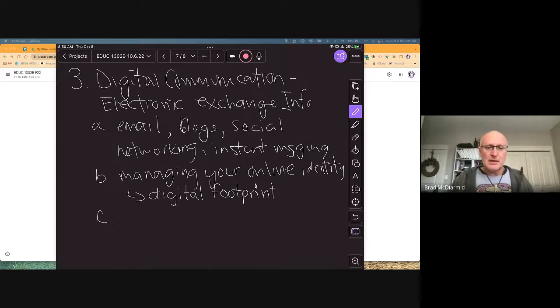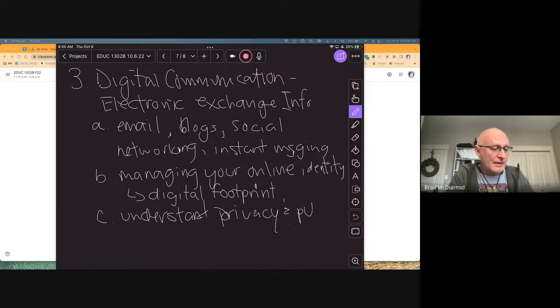Where am I? See, okay. So under this whole digital communication thing, one of the other things we have to do is we have to understand privacy and public settings, and situations, right?